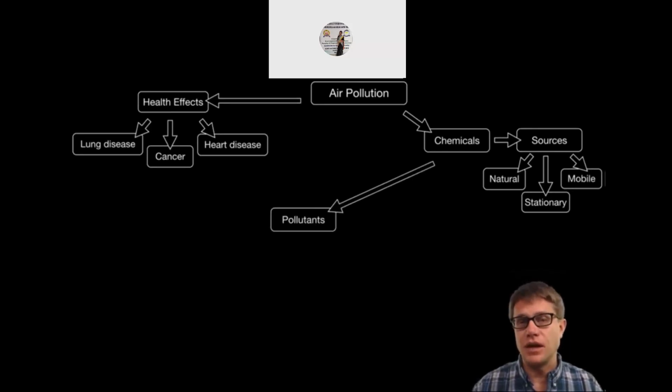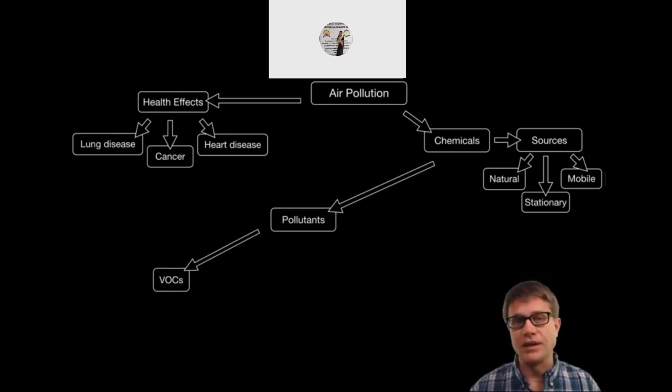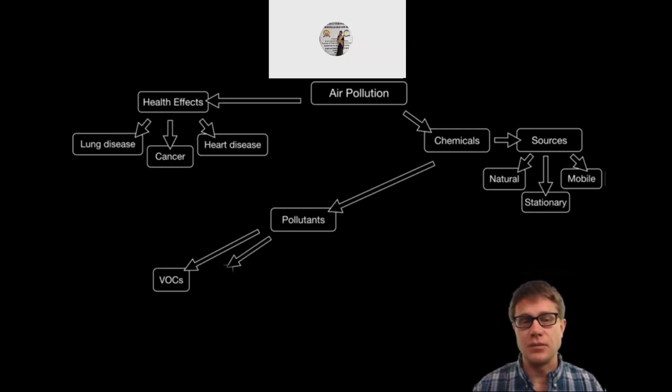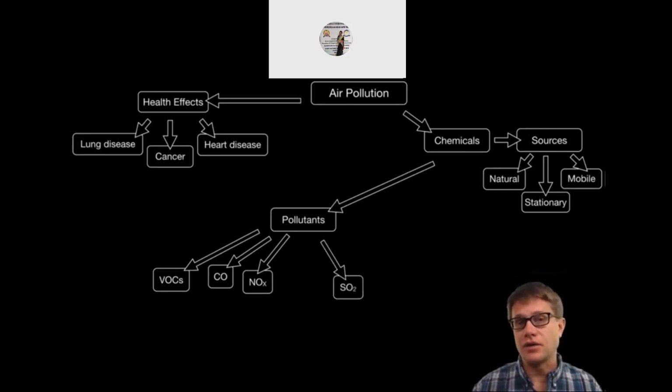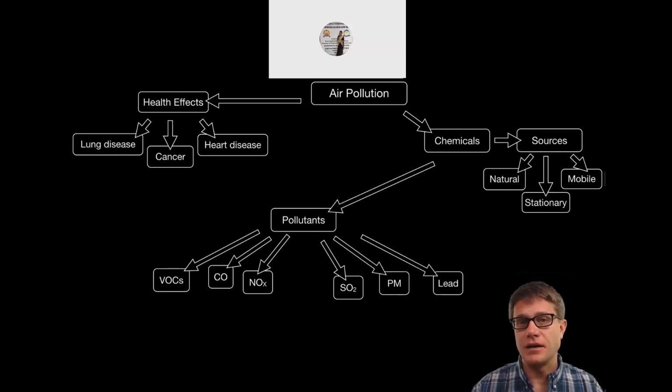And in AP Environmental Science, you simply should memorize the different types of pollutants that I've listed here, starting with volatile organic compounds, or VOCs. This would be like formaldehyde, gasoline, anything that's organic and can diffuse into the environment. We've got carbon monoxide, this odorless gas. We've got NOx, which is going to be both nitrogen or nitric oxide and nitrogen dioxide. We then have sulfur dioxide produced through the combustion of coal. We then have particulate matter. These are going to be suspended solids. And then finally, we have chemicals like lead. These are all primary pollutants.